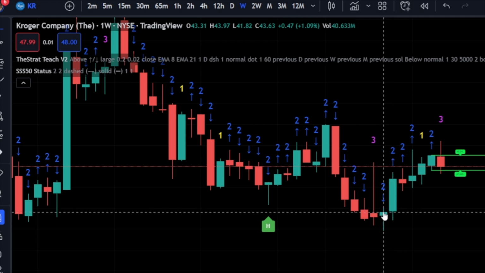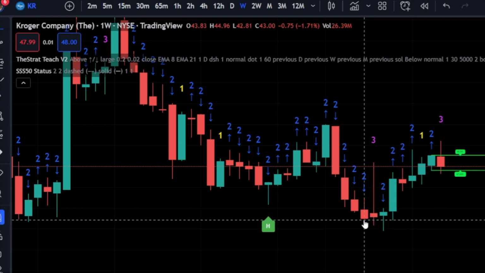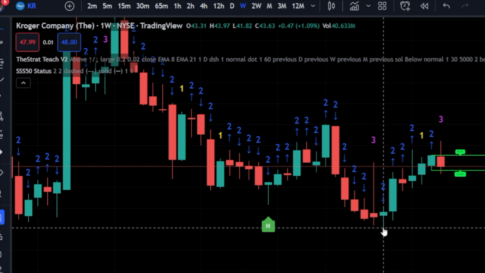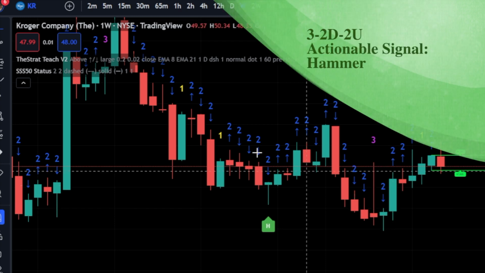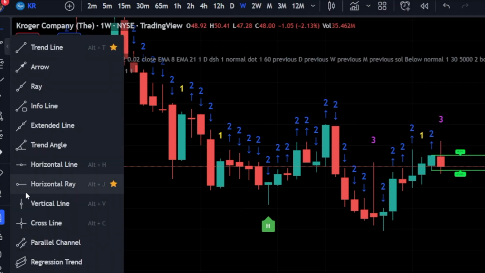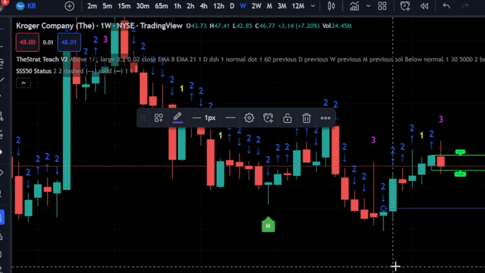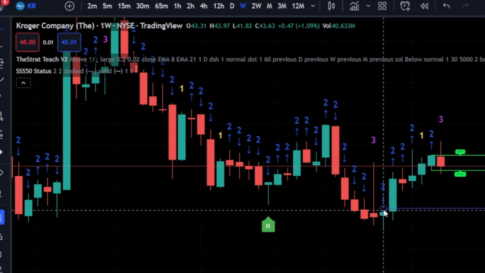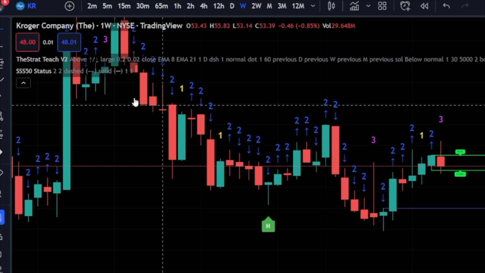Alright, so your setup here was the 3 outside bar. We took out previous lows, and then you had the 2, took out that low and ended with almost a hammer. So your entry for the week would be here, 43.97. That is your weekly entry. So when planning, this is the level you want it to break for you to target the top of the previous candle here,